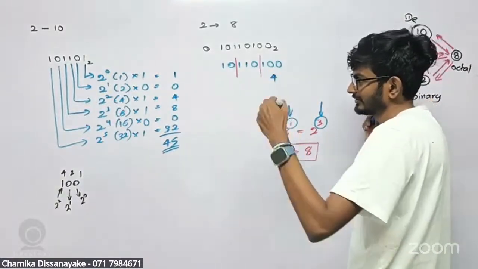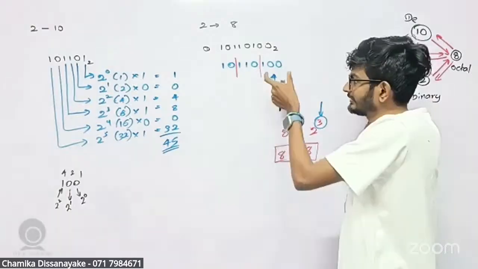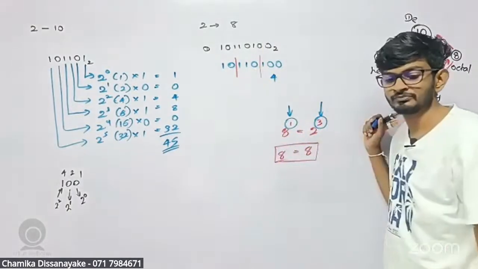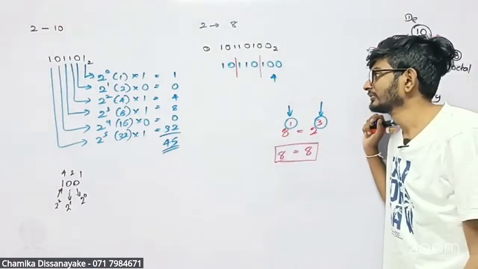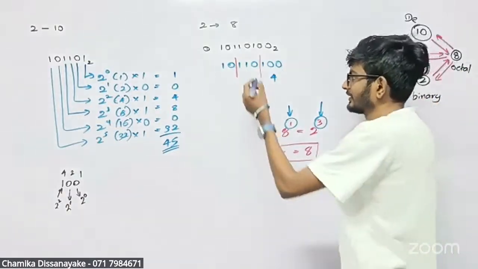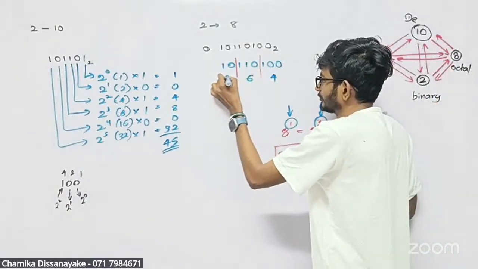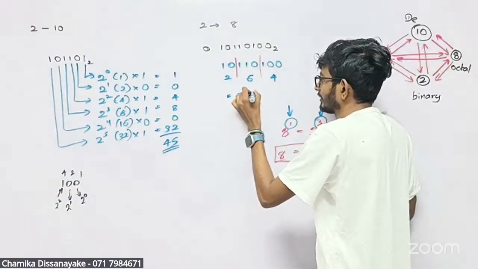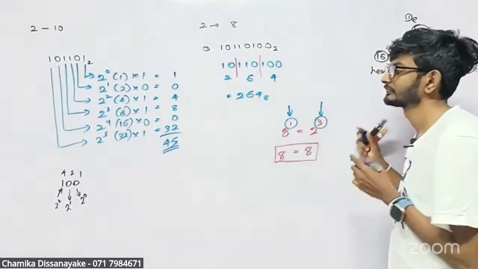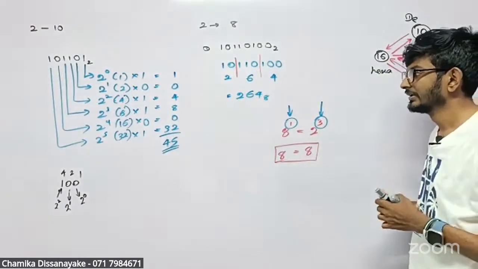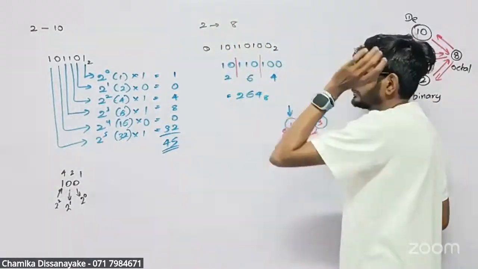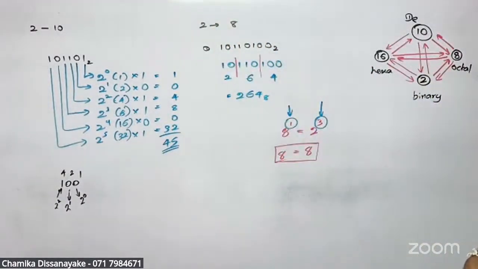Likewise, you have to just convert this binary into decimal. Okay, decimal. So in that case, you will have the correct number. Here we have 6, here we have number 2. The value is 264 in octal. This is how we convert binary to octal. So the next part is